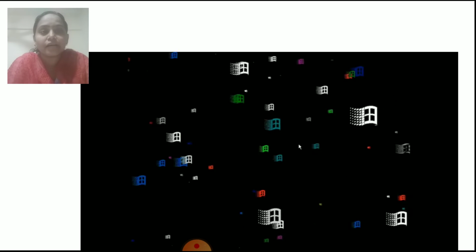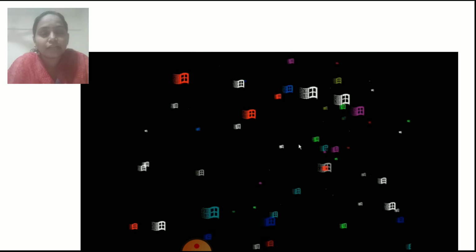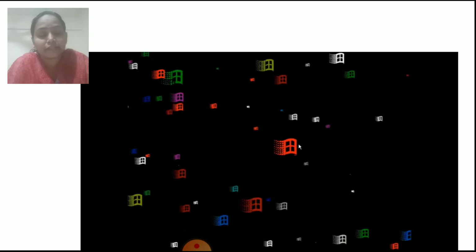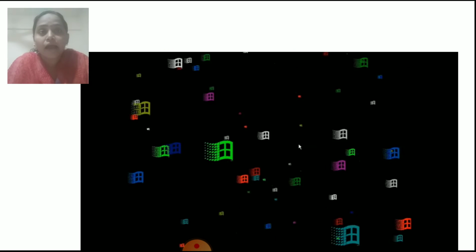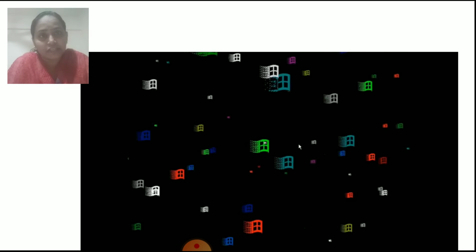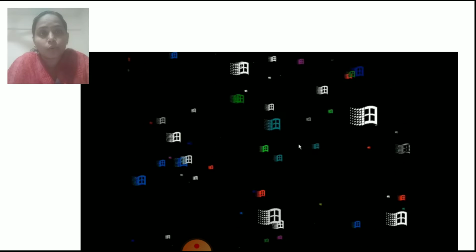Okay children, see, this way the screen comes on the monitor when you are not doing anything, sitting idle, not touching the computer keyboard and mouse. At that time you get this type of screen, or some bubbles come or your name scrolls on the screen.